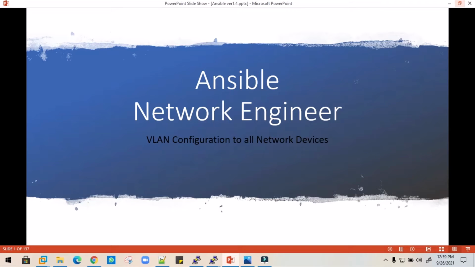Good morning, everyone. Today I pick up a use case to configure a VLAN on network devices. This is a use case where we require multiple VLANs to be configured on multiple network devices, or it may be one VLAN, maybe the standard or native VLAN, or one of the VLANs which is present on multiple devices. In that case, we have to log into each of the switches and configure the VLAN. But with the help of Ansible, we'll get it configured with one single click. So let's see how.